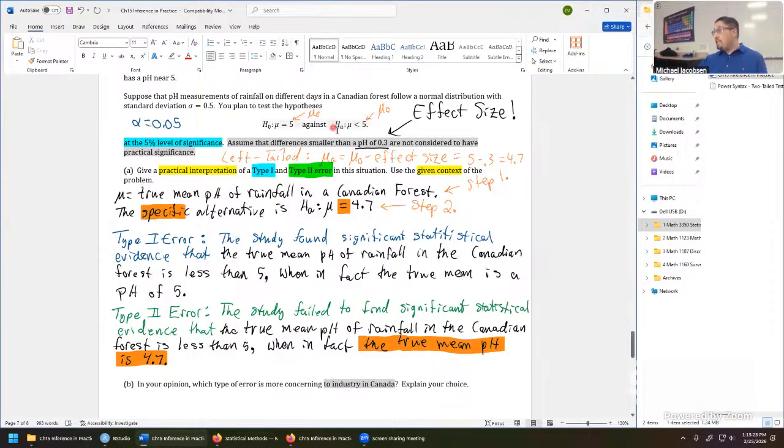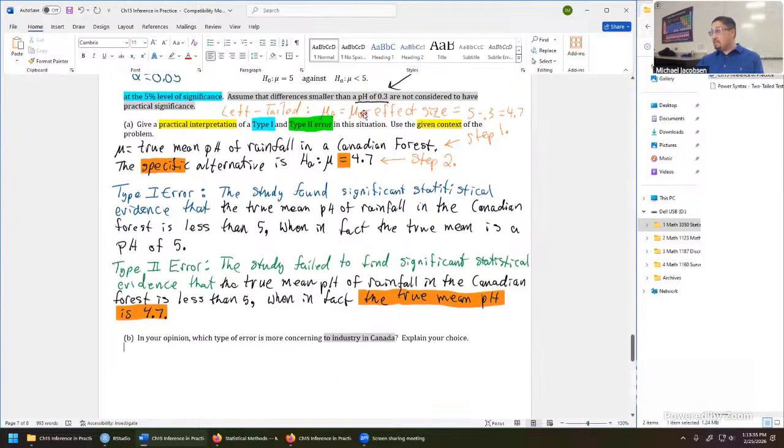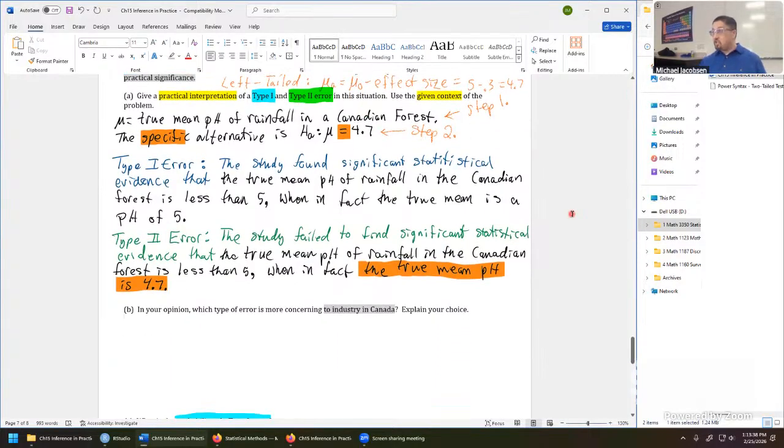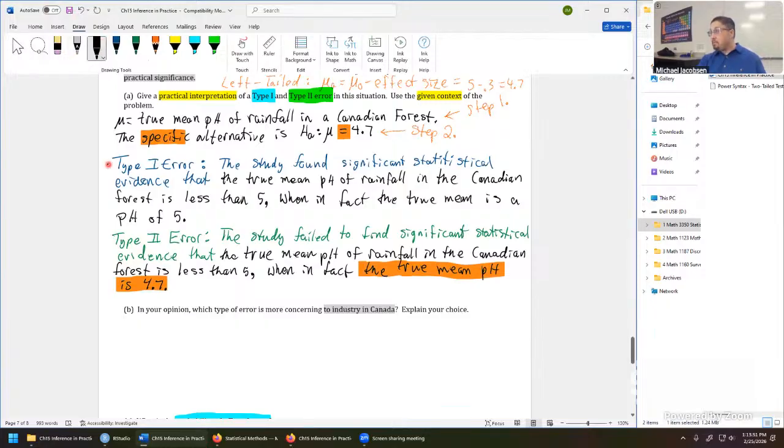We were going to say that we found evidence that this is true when it's not. Industry didn't do anything wrong. We're at 5. That's the pH of black coffee. It still doesn't sound great, but it's not as bad as this picture was. So to address a question like this, just think about both type 1 and type 2 errors. Imagine you're in the C-suite of some industrial complex in Canada, maybe a CEO. And I would say for this one, type 1 error is more concerning